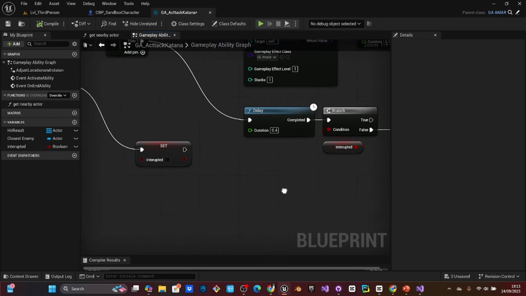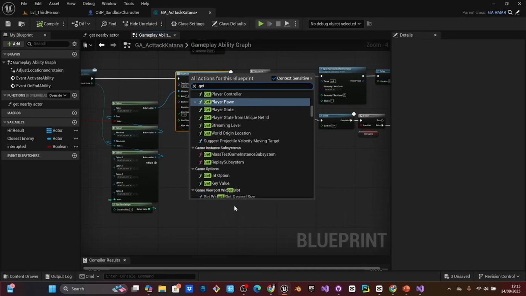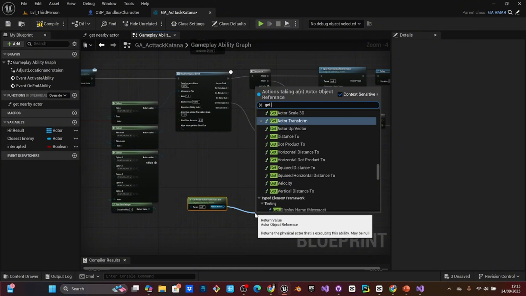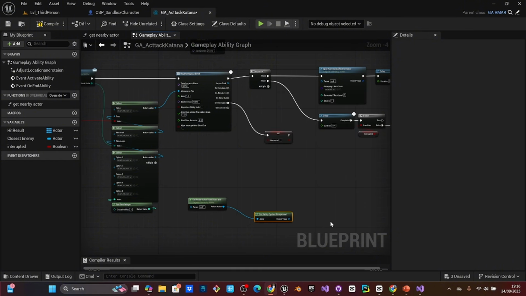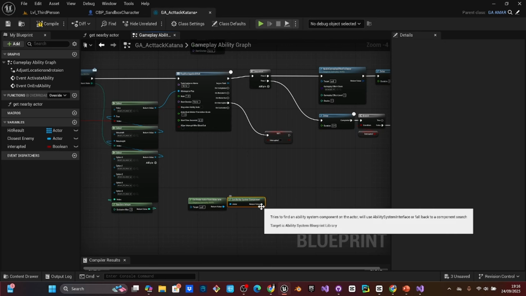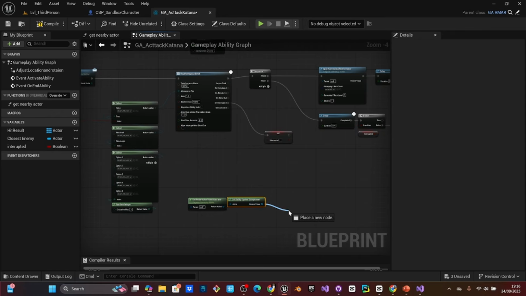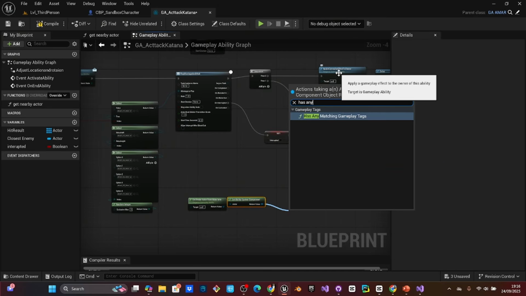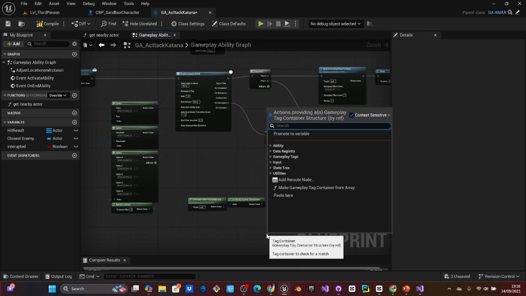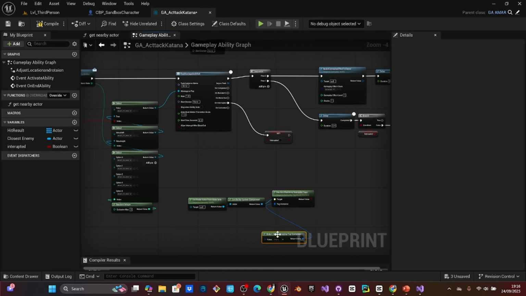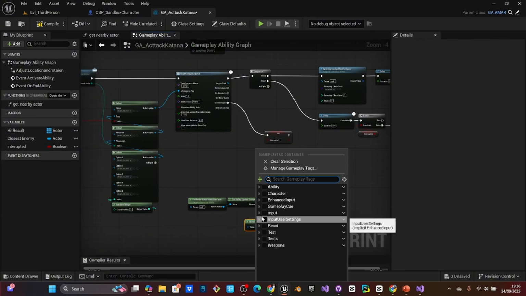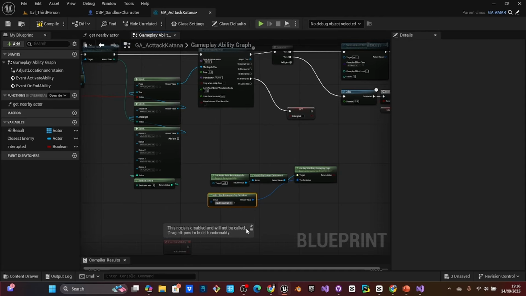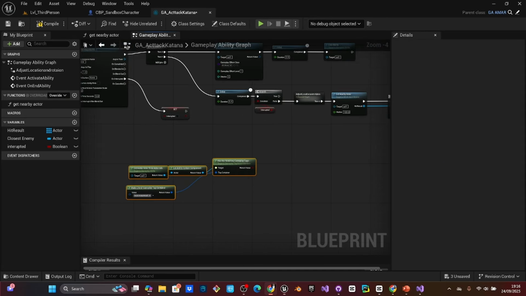So for that, let's first get the avatar actor from actor info. We are going to get the ability system component, and here we are going to check whether we are in a heavy attack mode. We are going to use has any matching gameplay tags. Now make a literal gameplay tag container, and check whether the character contains a heavy attack. So we are first creating a check whether the character is having any heavy attack, and once the check is done,